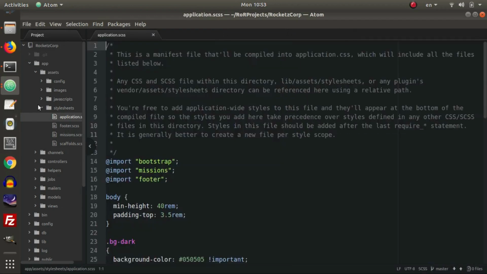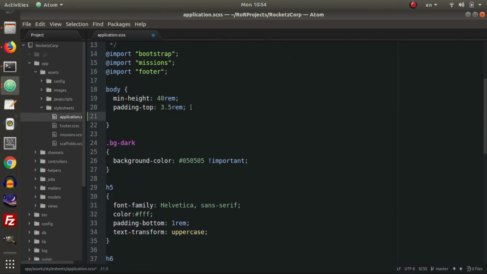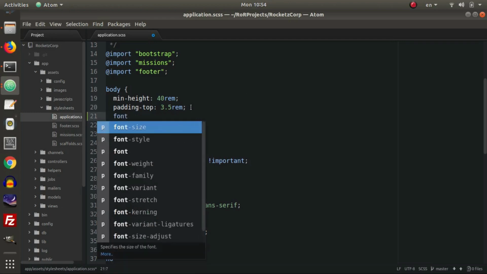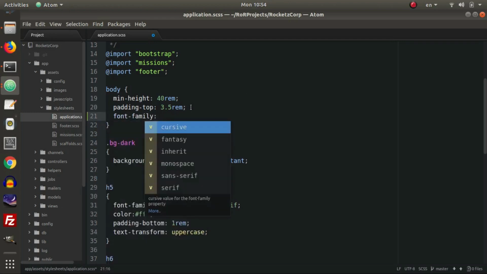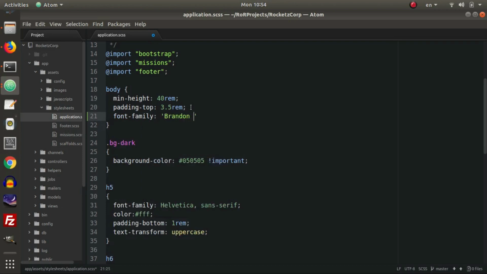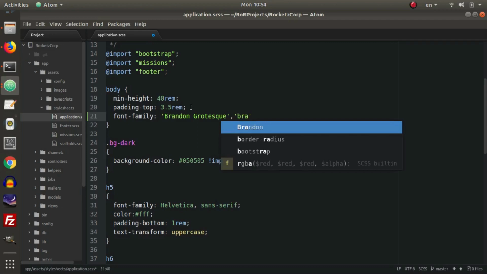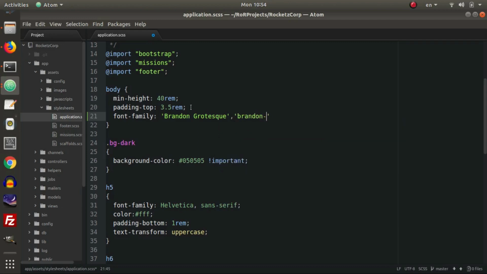And what we're first going to do is some styling in application.scss. So I have it open. If you don't, make sure you go to App, Stylesheets, and click on application.scss. So let's first add a basic font family within the body. So body class. So here is font-family, and we're going to do font-family Brandon Grotesque within single quotation, and then comma, and then single quotation again. Then I do Brandon